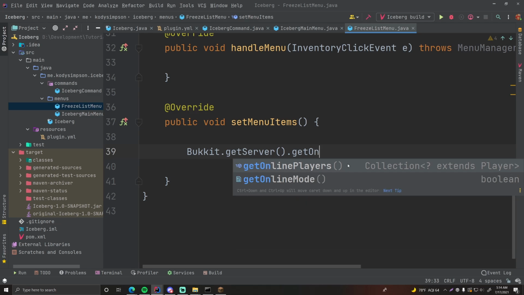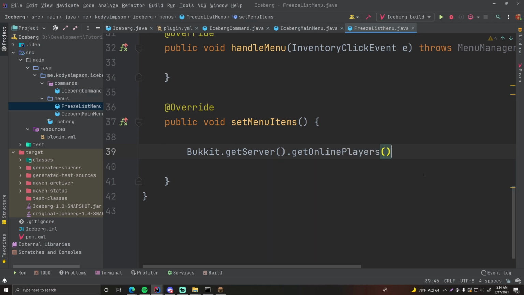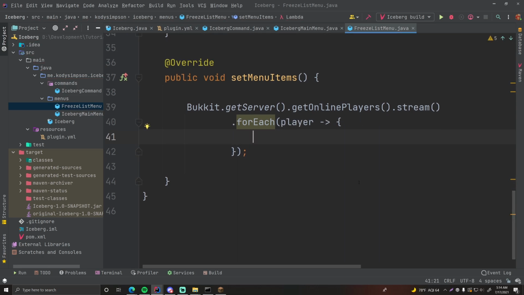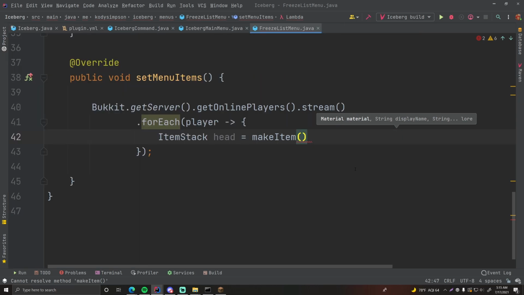And online players returns a collection of players, so we can just stream it because collections are streamable. So for each player that we get on the server, we can make an item out of that. So item stack, head of the player, import item stack. Come on. There we go. And so now we can use the make item utility method here, and we'll do